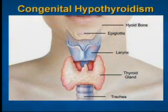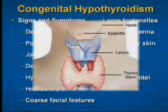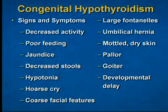The thyroid gland is a butterfly-shaped gland that is located in the neck. When functioning properly, it produces hormones that regulate metabolism, heart, and digestive function, muscle control, brain development, and bone maintenance. Its function is dependent upon receiving sufficient iodine from the diet. When congenital hypothyroidism occurs, infants usually appear normal at birth, but soon begin to show signs and symptoms such as